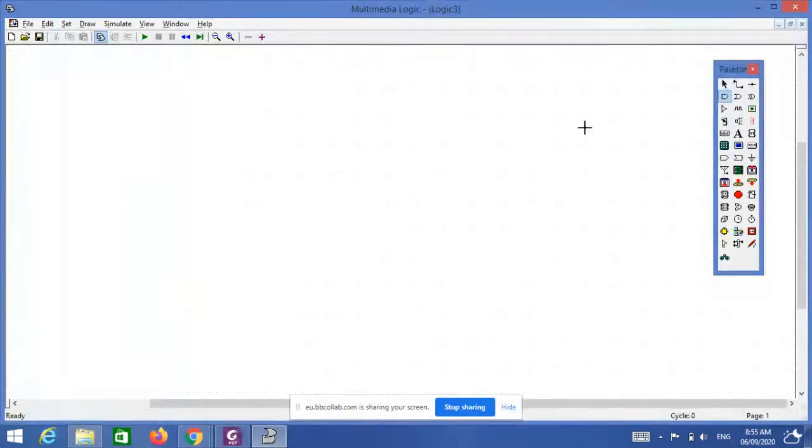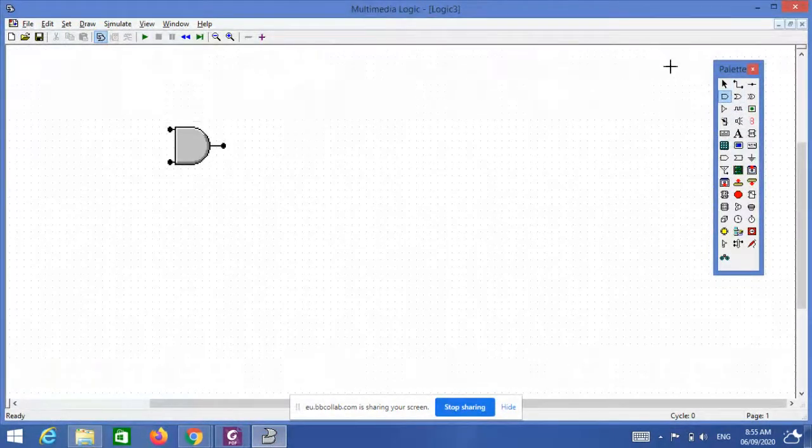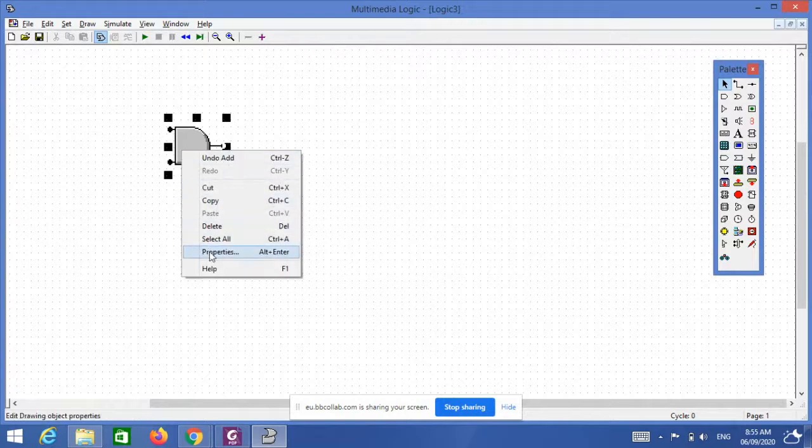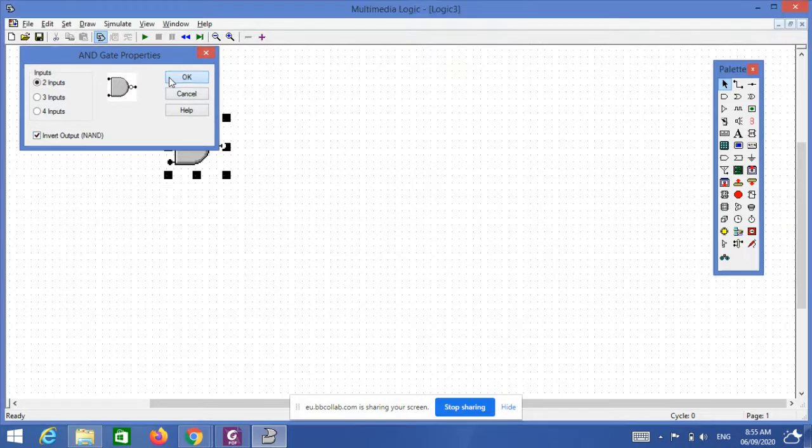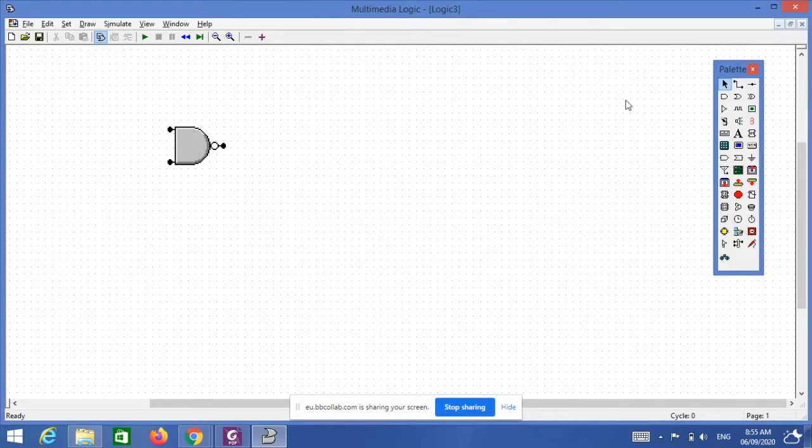You see AND gate, I have told you already. Click on this selector, right click, go to properties. In properties you have to select invert output, and then click OK. Now you see you got the NAND gate, and you also need one inverter and one OR gate.